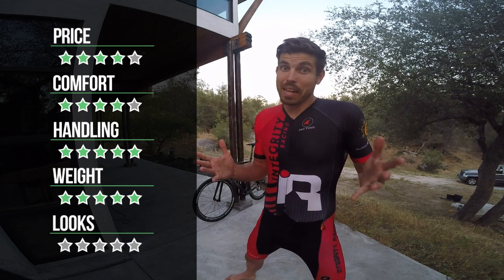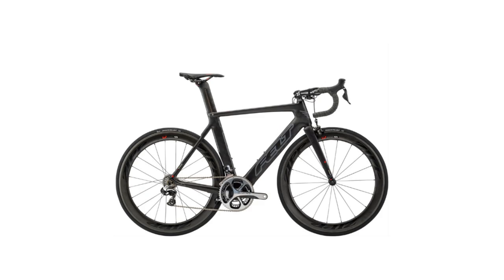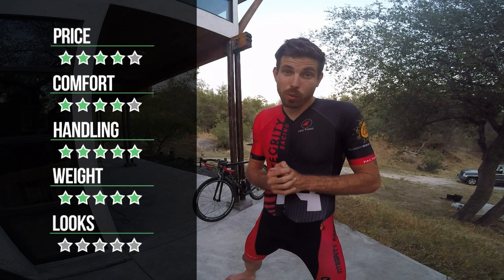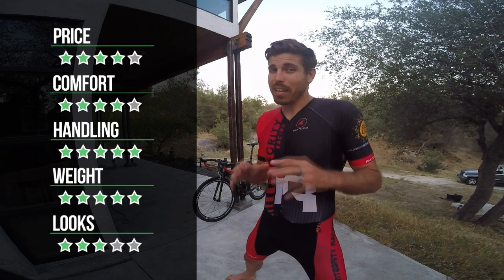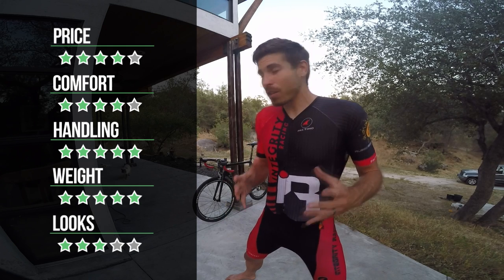So let's not forget about aesthetics, right? The way the bike looks is important. Now, for me, I really like the more aero type of look. So on this, I'm going to have to give it a 3 out of 5. The carbon fiber weave on this thing is beautiful. It looks amazing. But I just feel like